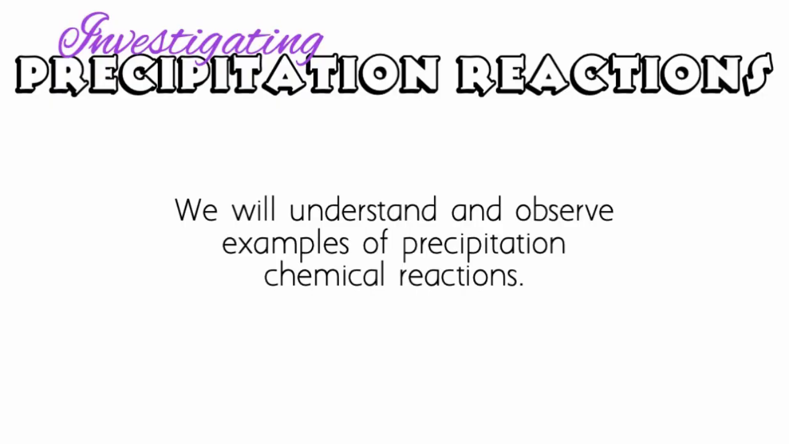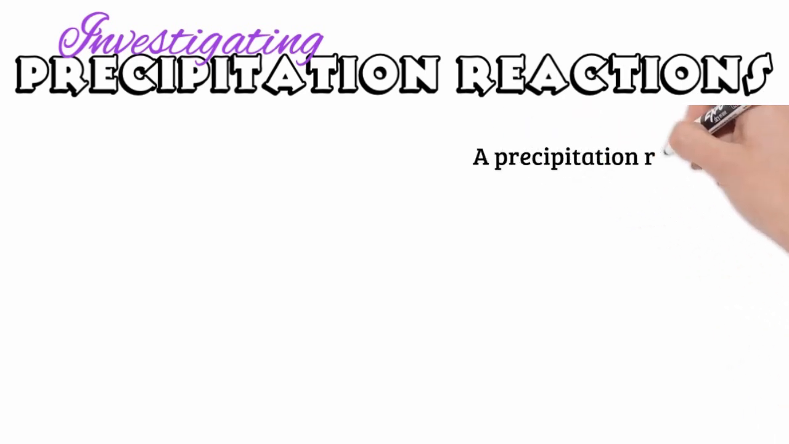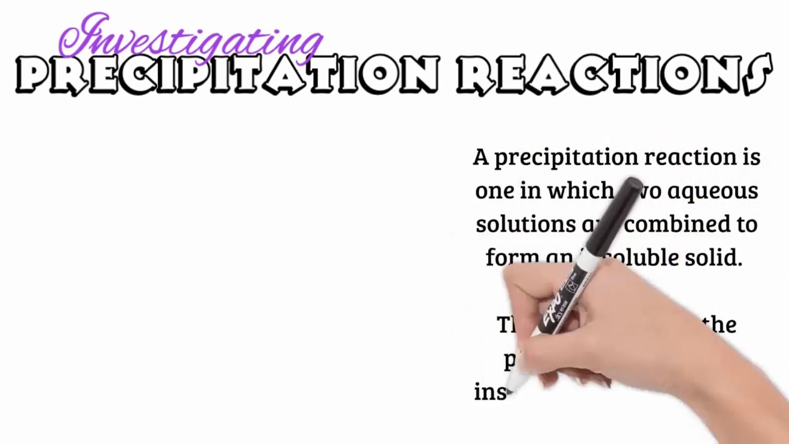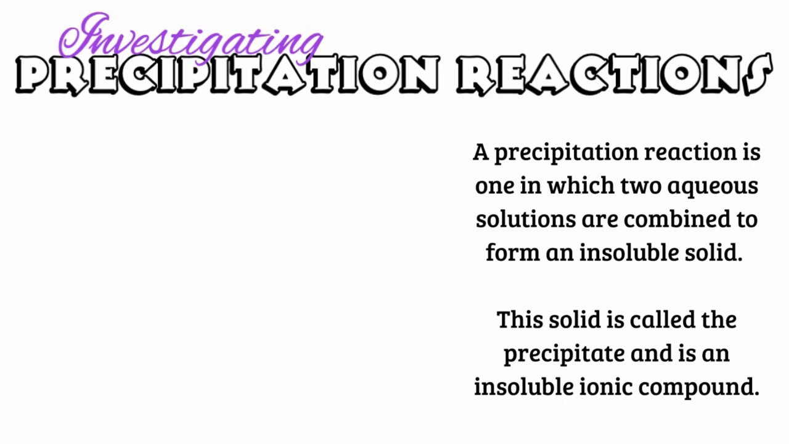The learning intention for this video is that we will understand and observe examples of precipitation reactions. A precipitation reaction is one in which two aqueous solutions are combined to form an insoluble solid. This solid is called the precipitate, and it is an insoluble ionic compound. I'm going to show you some examples of real precipitation reactions and also how we can determine if a precipitate